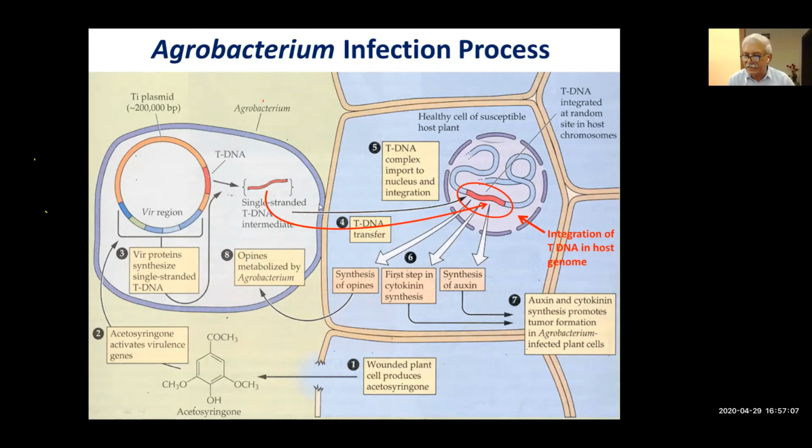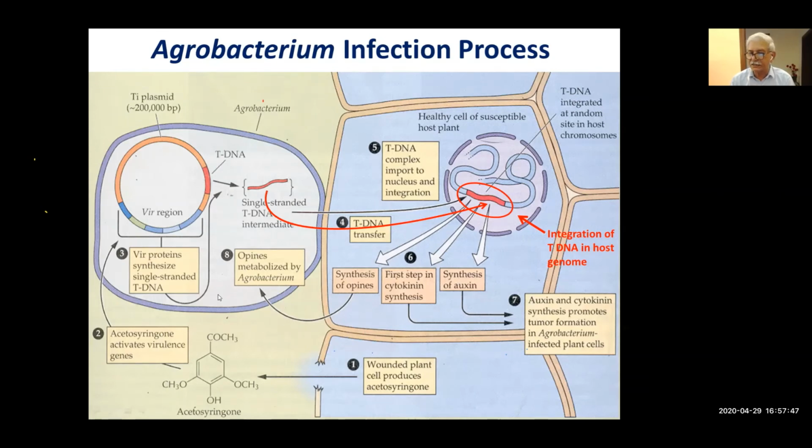Once this single-stranded DNA gets into the plant cell, it moves to the nucleus through the nuclear pores, gets double-stranded. And as this T-DNA has got border sequences, left border and right border, it can easily get integrated anywhere on any chromosome, just randomly. This is the integration process. Okay, so all the mechanism is given here from step number 1, 2, 3, okay, and 4, 5, 6, 7,